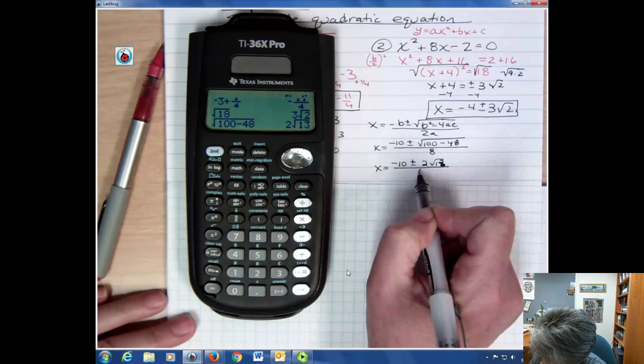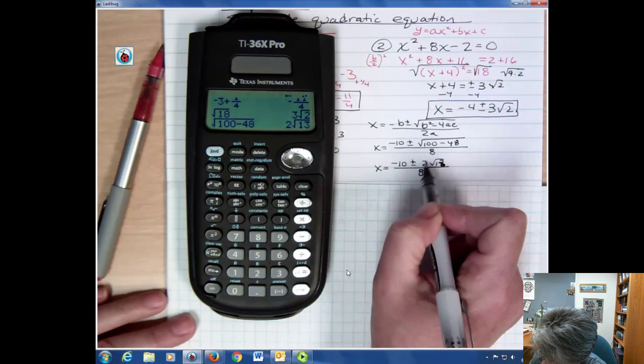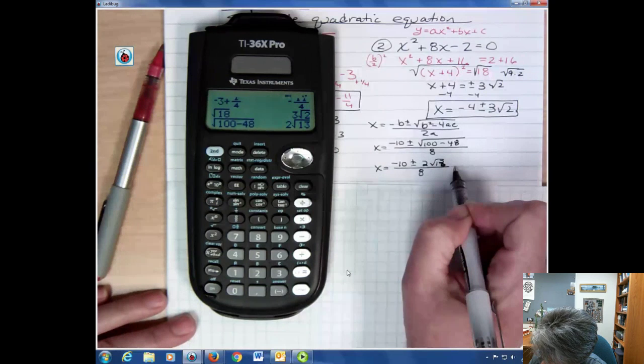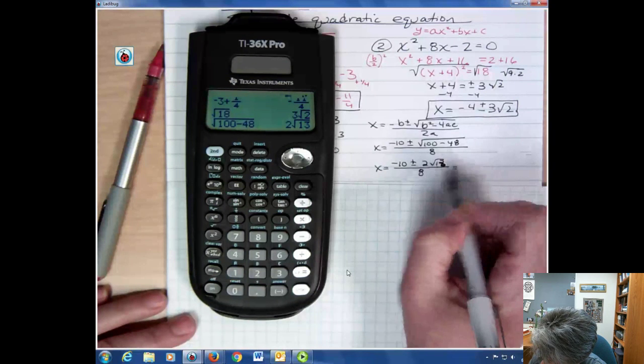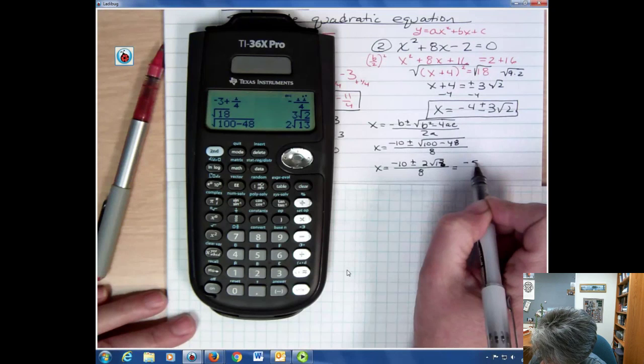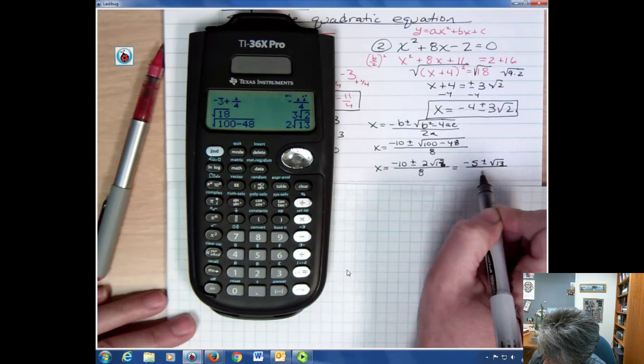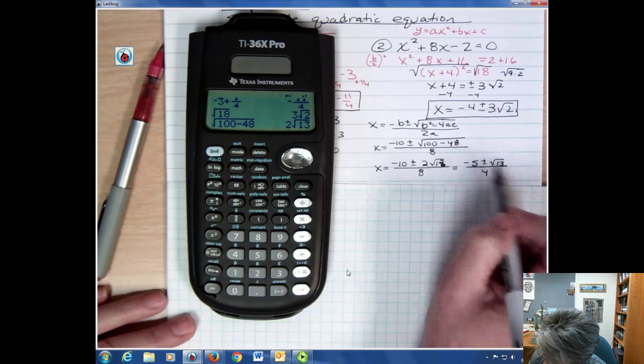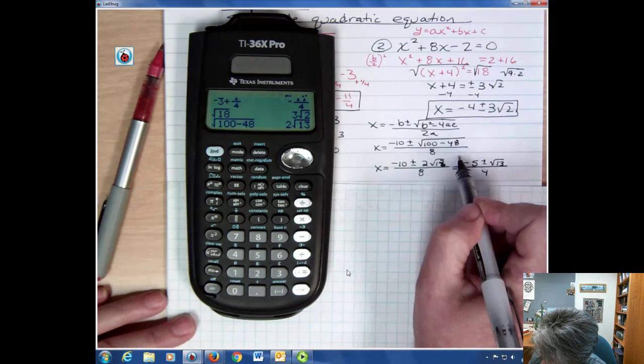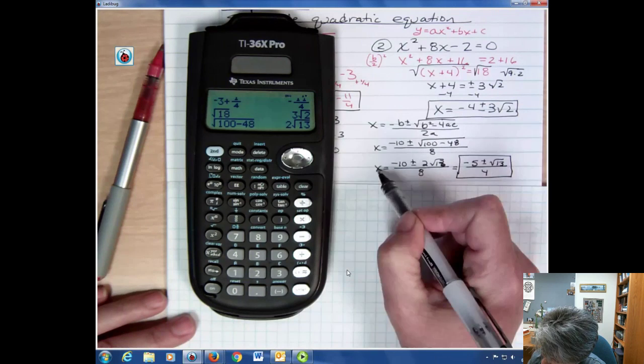8, and then notice that 2 goes into all 3 of these. So my final answer is going to be dividing all these by 2: -5 plus or minus the square root of 13 over 4. And that's going to be my final answer. It's actually x equals. And then up here,